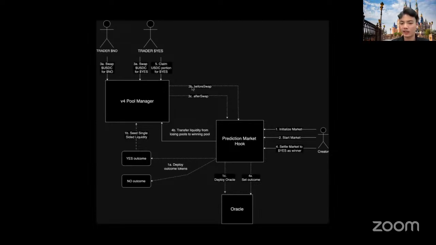And what are these before and after swaps used for? We track them on USDC in the pool, so how much is in the yes pool, the no pool, and all the outcome pools. We track that for the before and after swap here. The before and after swaps are also used to freeze the pools before trading begins and after settlement. So that's what the hooks are used for.